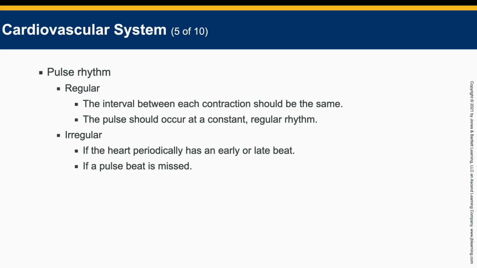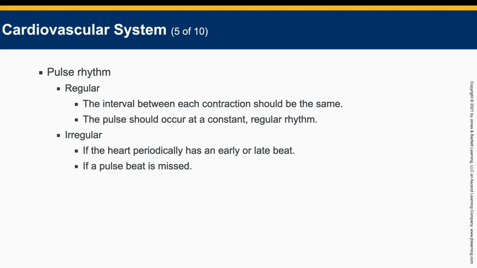This could happen if the heart occasionally has a beat that comes earlier or later than expected, or if a beat is just skipped altogether. Irregular pulse rhythms can sometimes indicate underlying cardiac problems, so it's important to recognize when a pulse is not following a normal pattern. And by assessing the rate, quality, and rhythm of the pulse, we gain valuable insight into the